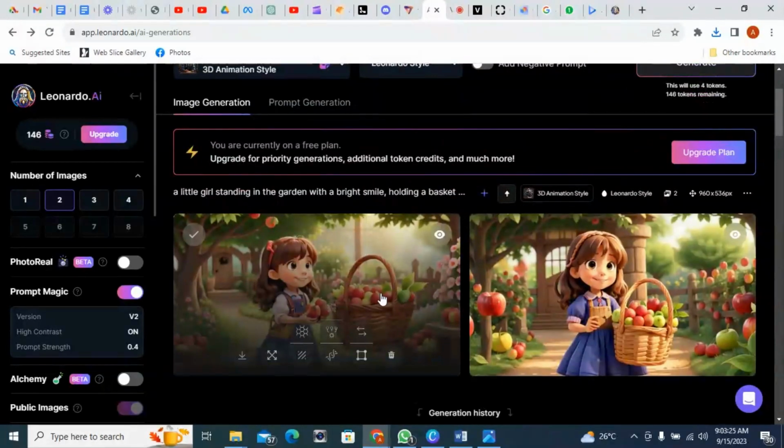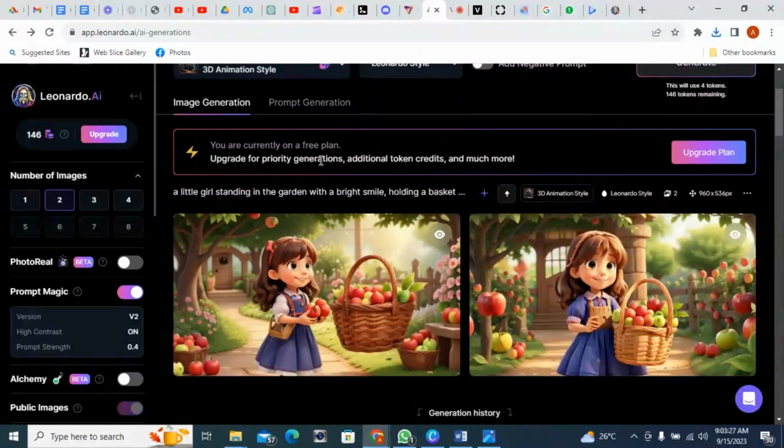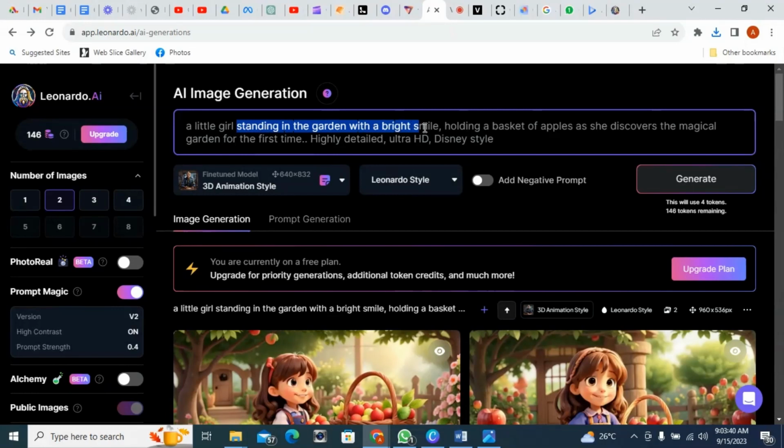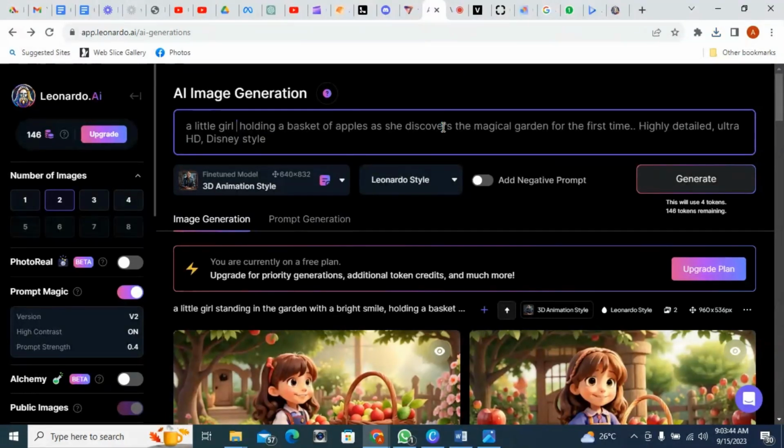So all you need to do is reshape this prompt. Let me delete this prompt: a little girl holding a basket of apples,